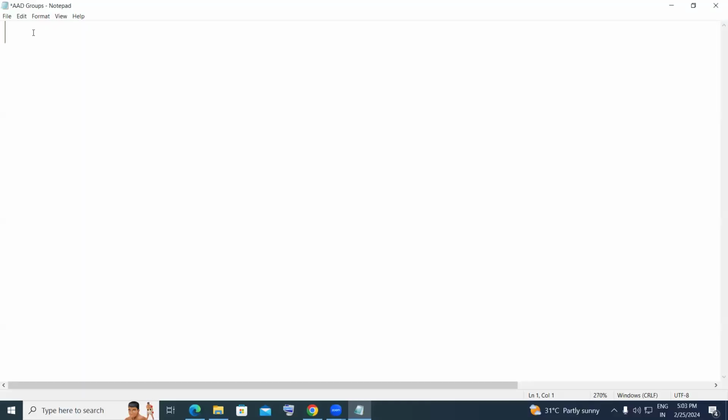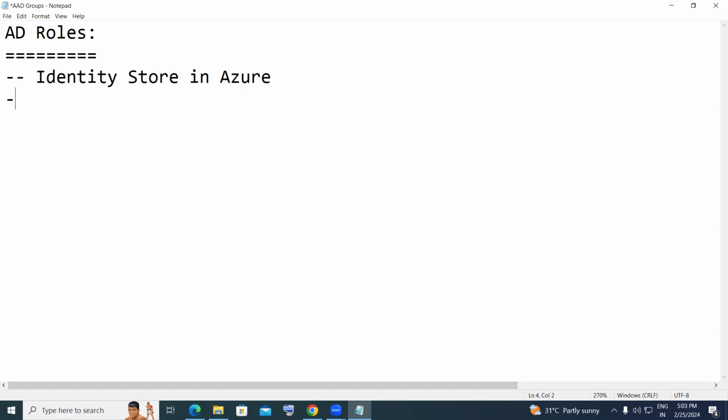In this session, I would like to explore Azure Active Directory roles. Here, what is an Azure Active Directory? It is nothing but an identity store in Azure. Using Azure Active Directory, we can define users,